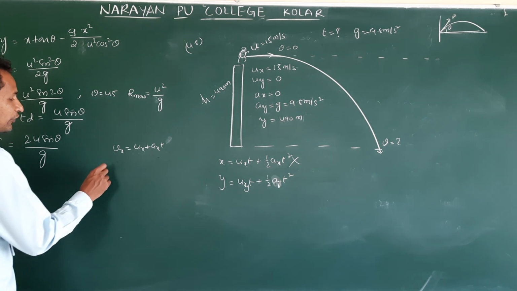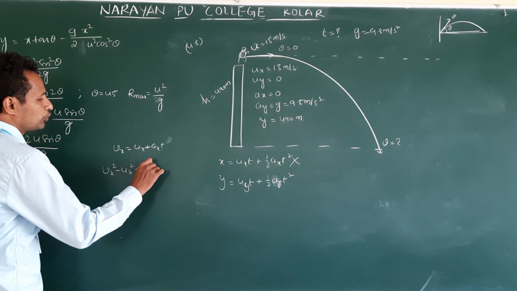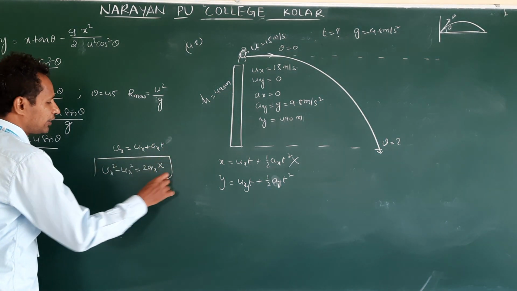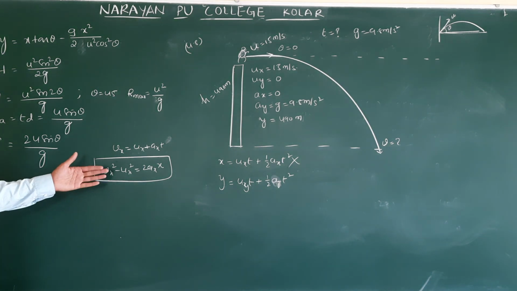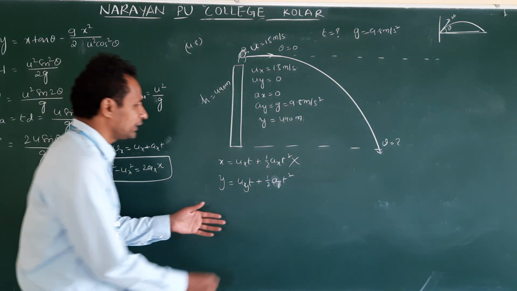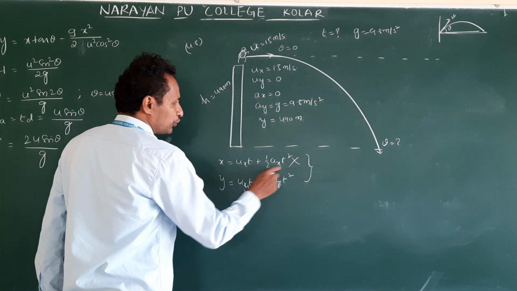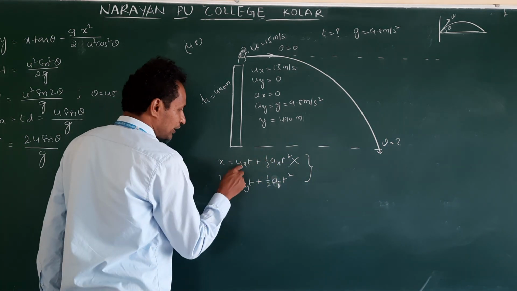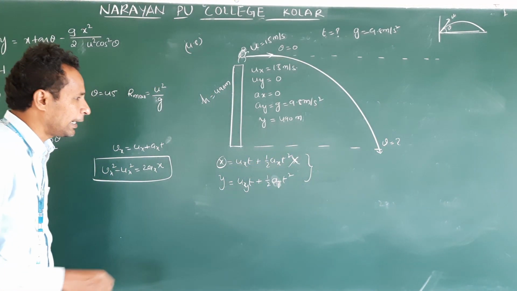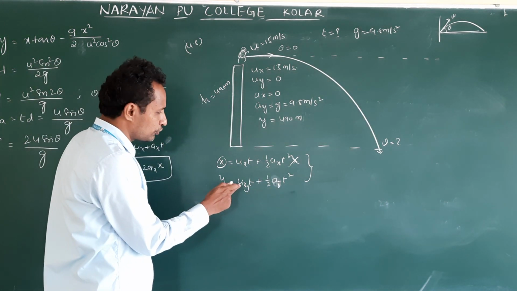We have one more equation. What is that? Vx square minus ux square is equal to 2ax x. In this equation there is no time term, nothing useless if we select this equation. Understand? So only these two equations are helpful. But in the first equation, x is unknown, so to substitute the values it is not useful. And this one is useful because the values are there to substitute in this equation.